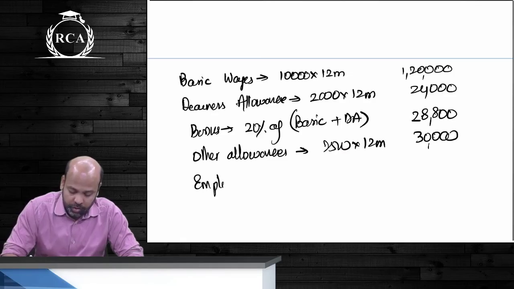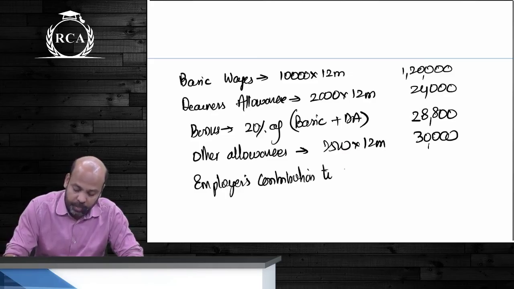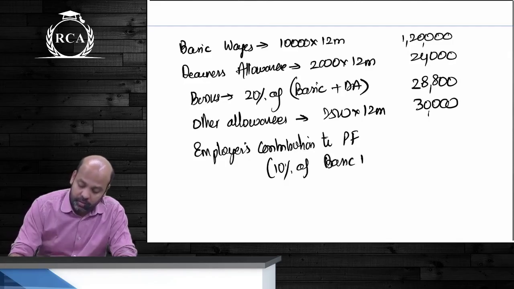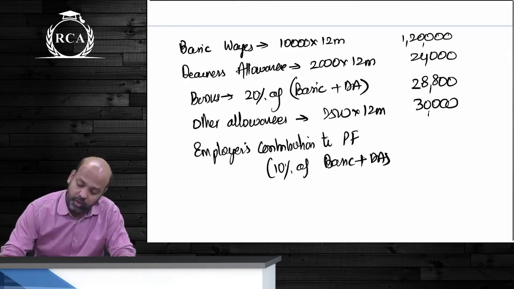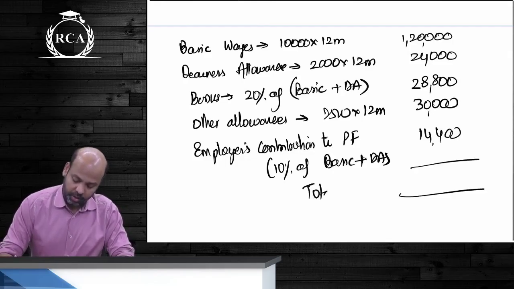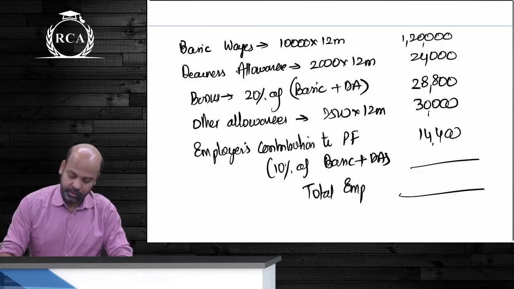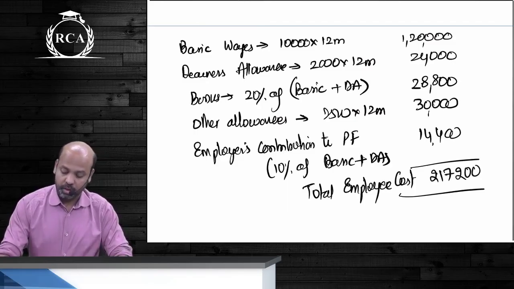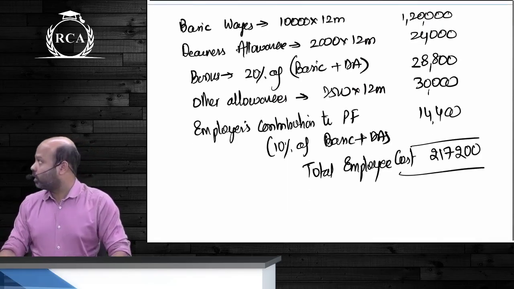Employer's contribution to PF as a percentage of salary and DA. 10% of basic plus DA guys. How much will that be? 14,400. Add all of them beta, this will become the total employee cost. 2,17,200. Remember this 2,17,200 should be divided by